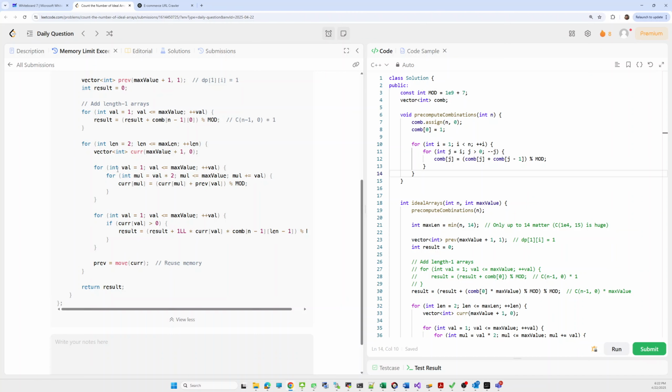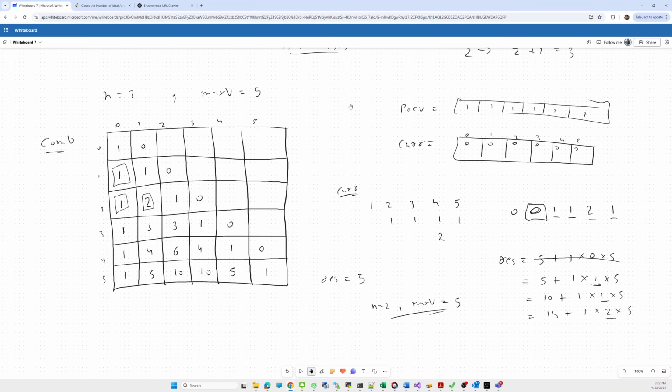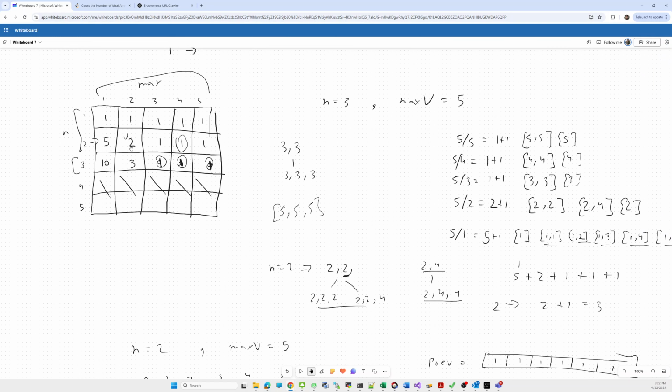Now here we are calculating the multiplication, like previously in this array, multiples of 2 are 2 and 4. So in the current information we need the information of 4 and 2 also, both.